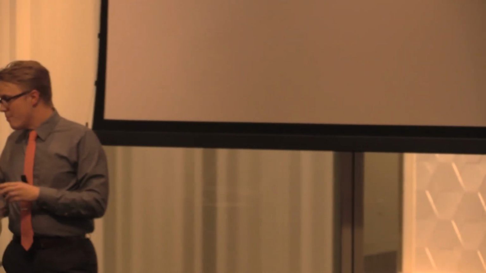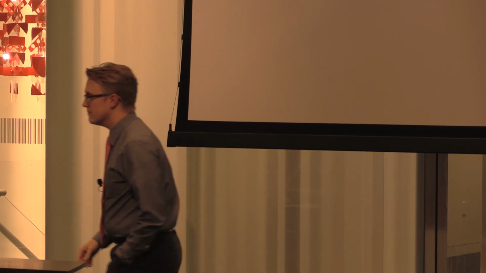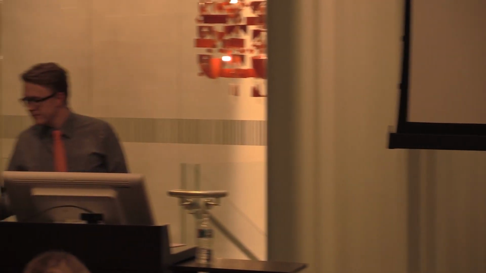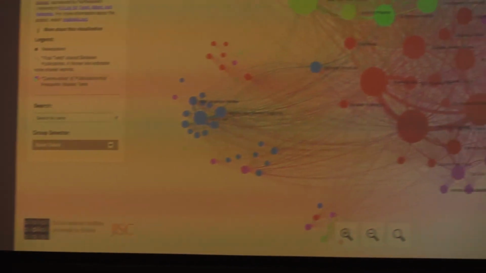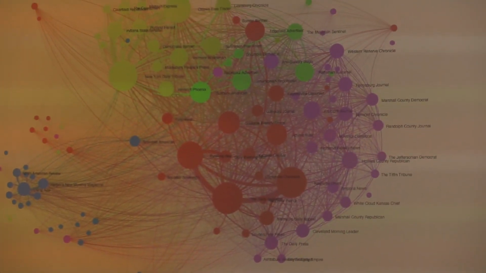Thanks, Ryan. I had a question about some of the outliers on that. In some ways, to me, the most fascinating were those newspapers that were totally on the edges, that were barely connected to anyone else. Are those sort of data artifacts, or are they genuinely different kinds of newspapers? Are you seeing exciting things about small papers that are doing very different kinds of writing or republishing that are actionable, or are these just weird artifacts of the Library of Congress data?